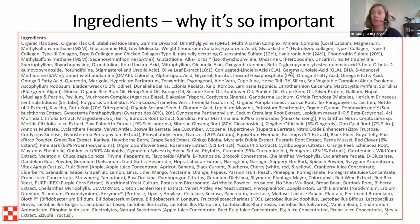The next one is ingredients. So in the test ride, RIDE, the I stands for ingredients. And this one's really important to me because so many times we see ingredient labels that look something like this. This is a real ingredient label that is on a supplement that is currently sold out there. What drives me a little bit crazy about this is that there's a million things on this label. I look at all of the things on here and I think, how can there be any one of these things in the right amount to make a difference for the horse